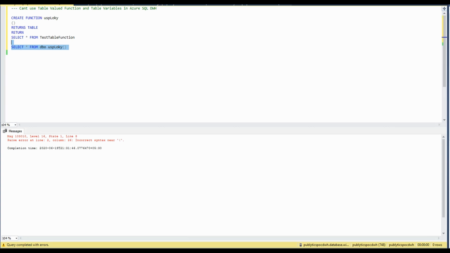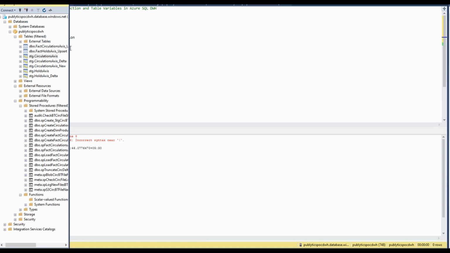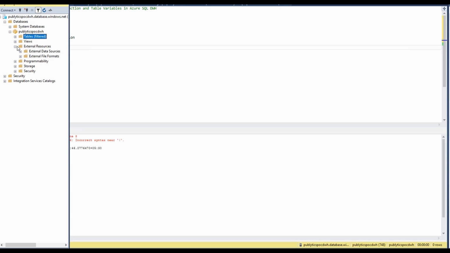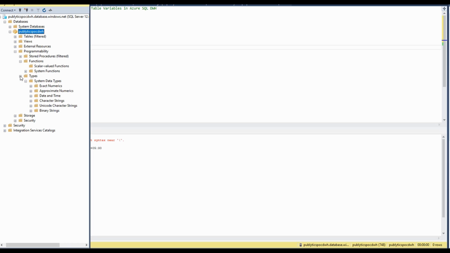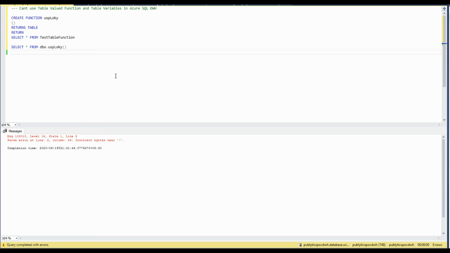One thing I wanted to point out here is that when you go into the Object Explorer and expand the database node, and then expand the programmability node, you will notice that there is no option for table valued functions. Usually in the on-premise version, when you're using SSMS, you will get a table valued function node here as well. I'm not sure what the reason is, why it lets us create a table valued function and we are not able to use it. This is still a mystery, but we'll explore it in the coming video series.